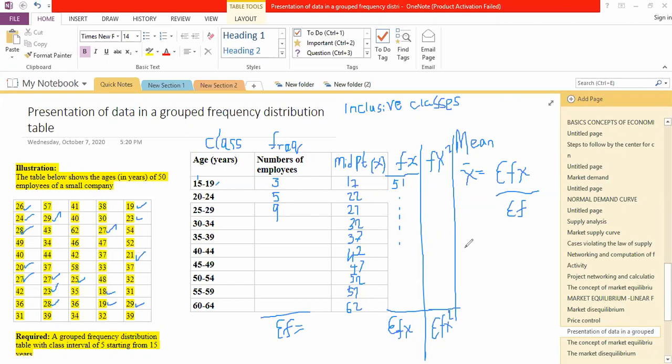And now to find the standard deviation, the one we were calling sigma, what do you do? You get the square root of, the formula actually remains as what we had said earlier. You get the summation of the fx squared divided by the sum of frequencies,